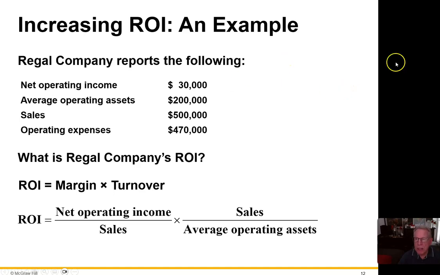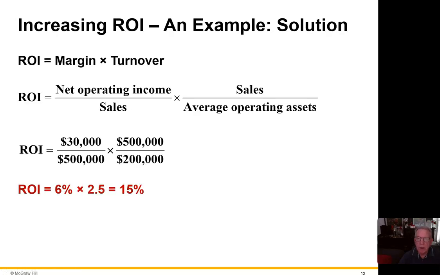Okay, let's take a look at an example of increasing ROI. The Regal Company reports the following. We have net operating income, we have average operating assets, we have sales, we have operating expenses. What is the Regal Company's return on investment? Okay, we can take the net operating income divided by sales, which is the margin, times the turnover, sales divided by operating assets. Okay, and if we do that,